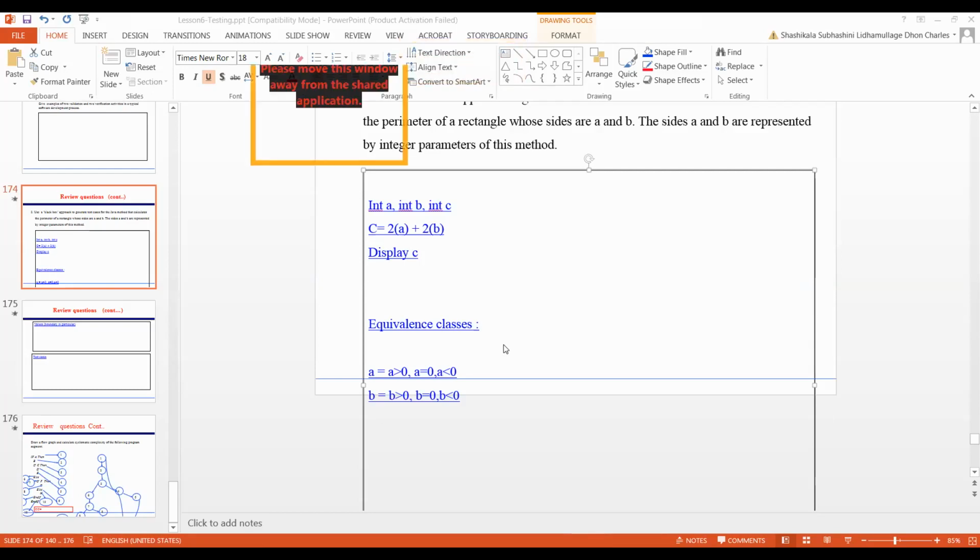Did you understand writing equivalence classes? If not, you can ask any questions. Hasindu, are you okay with writing the equivalence classes? Afan? Okay.